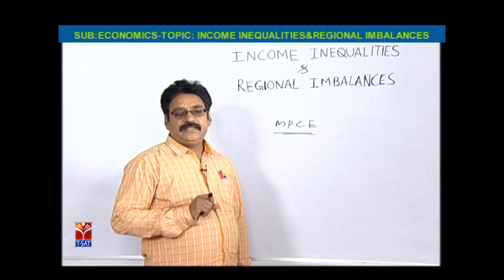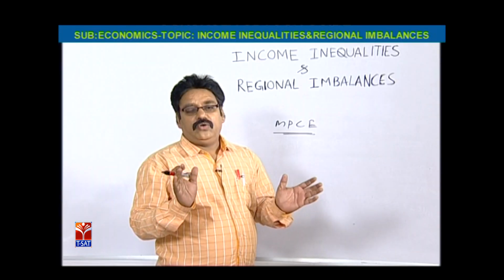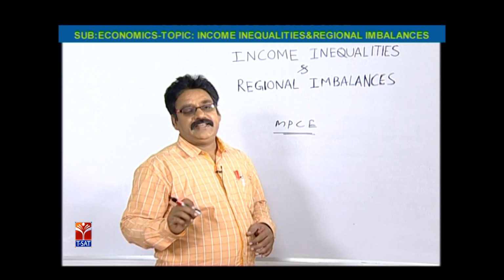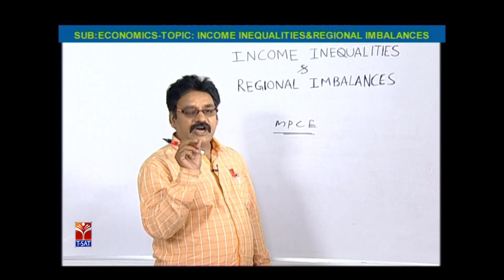If we observe that, 67% of the operational holdings come under the category of marginal holdings. Marginal holdings means less than 1 hectare. If a person has less than 1 hectare of land, that person is called a marginal farmer. 67% of the total land holdings come under the category of marginal farmers, and their operated area is